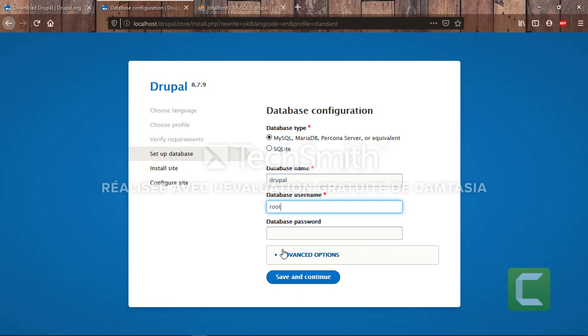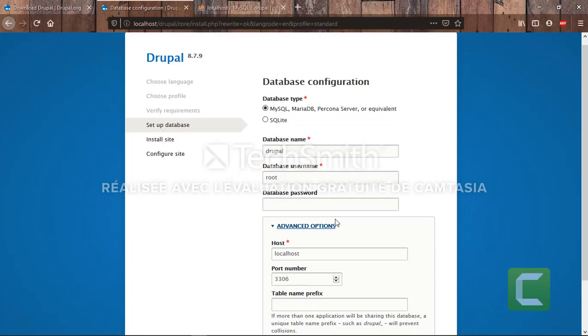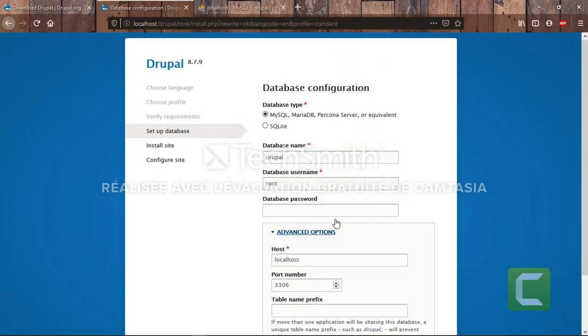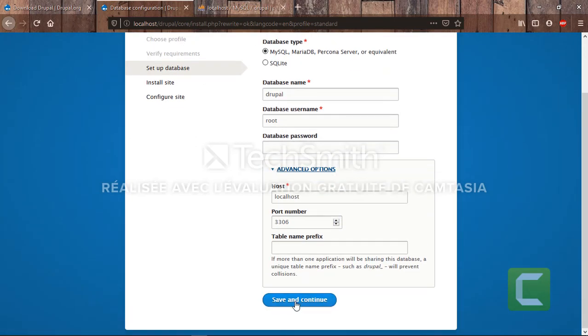I don't have these advanced options because I didn't change anything about the user. So, save and continue.